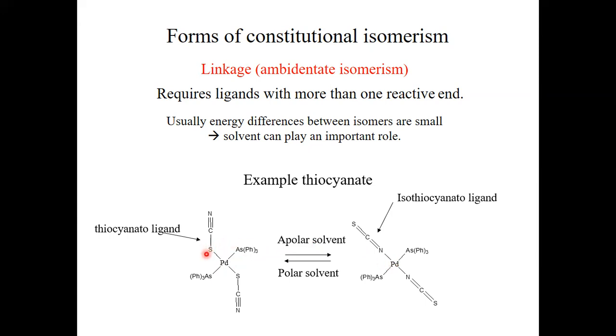So you see here that we have 2 thiocyanate ligands binding with the sulfur. In this case, this ligand is called the thiocyanate ligand, whereas in this isomer here, we have 2 thiocyanate anions binding with the nitrogen to the palladium. And in this case, the ligand is called the isothiocyanate